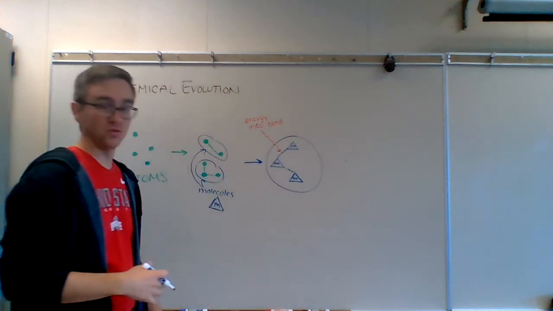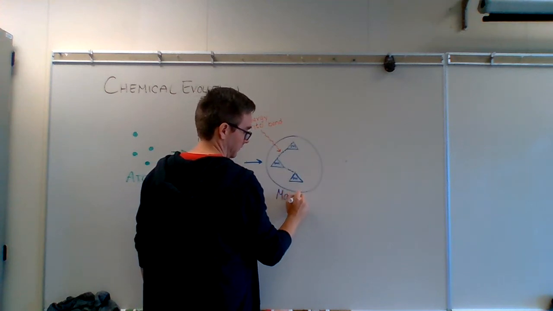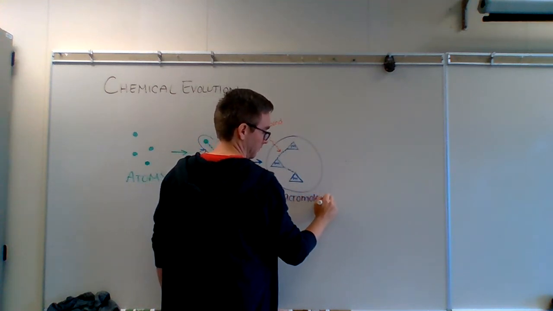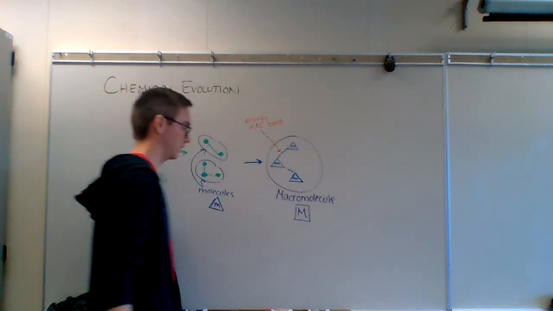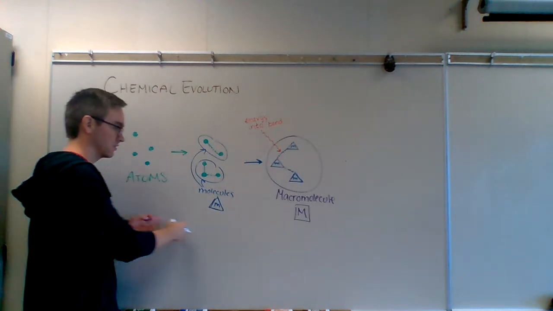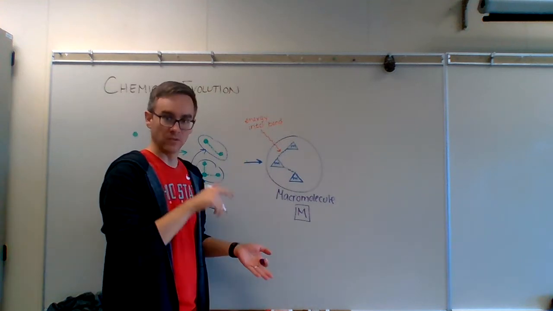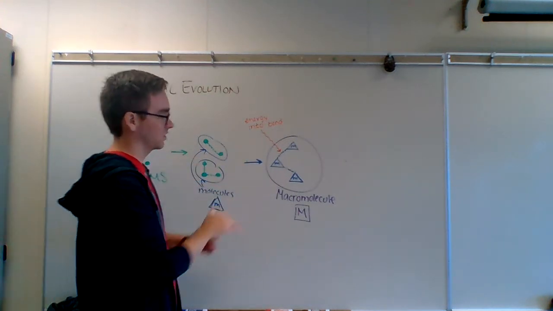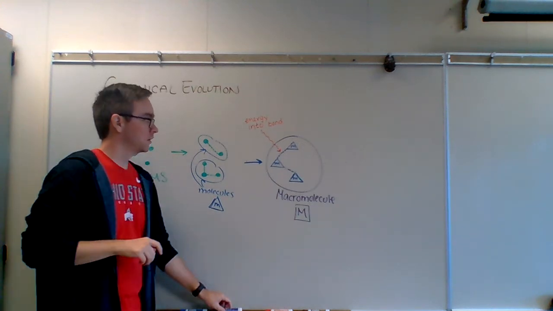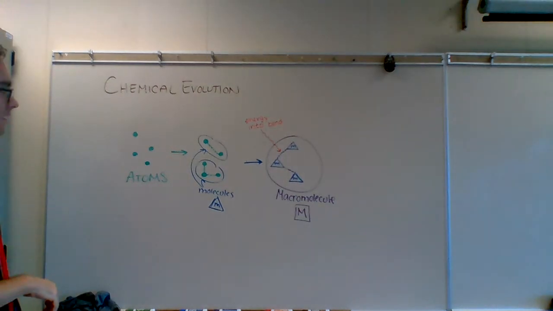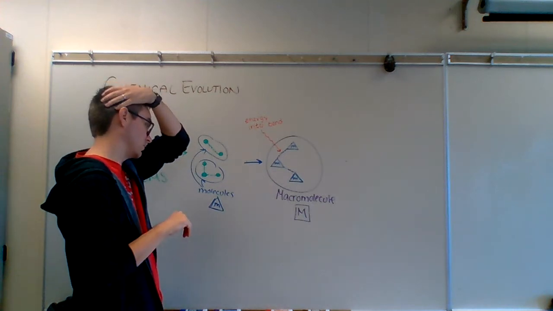Another way to word large molecule would be a macromolecule. I'll show it like a square with a big M. So we go from atoms to molecules to macromolecules, and we're always adding energy to do this, to get bigger and bigger molecules. Now we have these macromolecules, and they can start working together and make even bigger and bigger ones as we keep going.